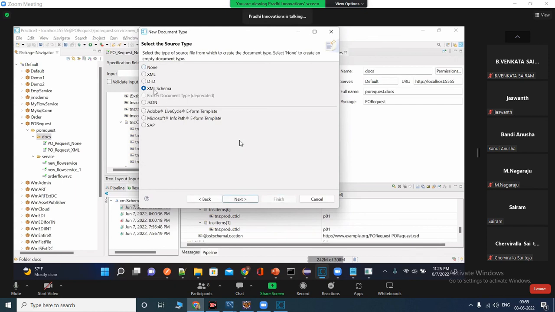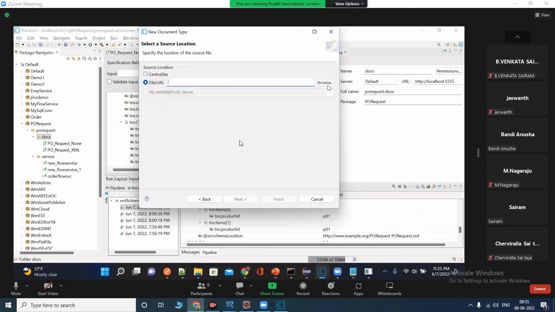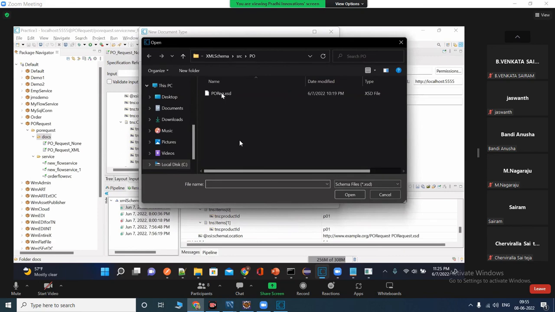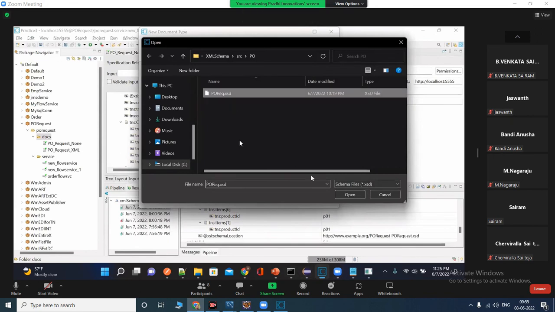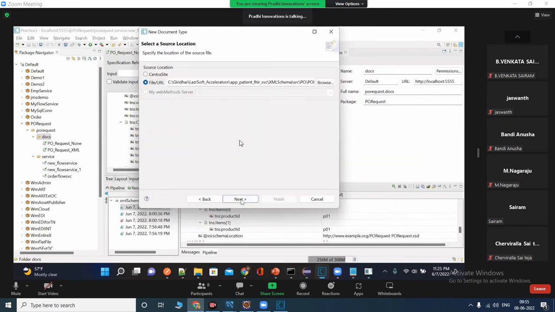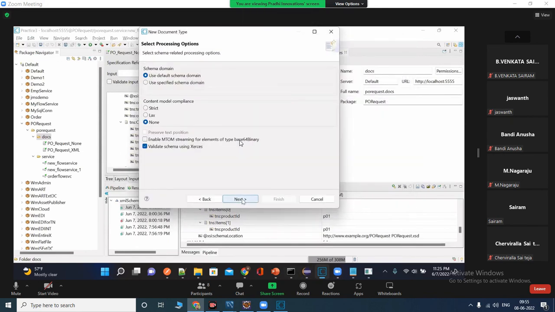I'm using XML schema, so we don't have a DTD, and I'm not creating it using a DTD. This is a PO request. You create a PO.xsd. Okay, I select the schema. Next,